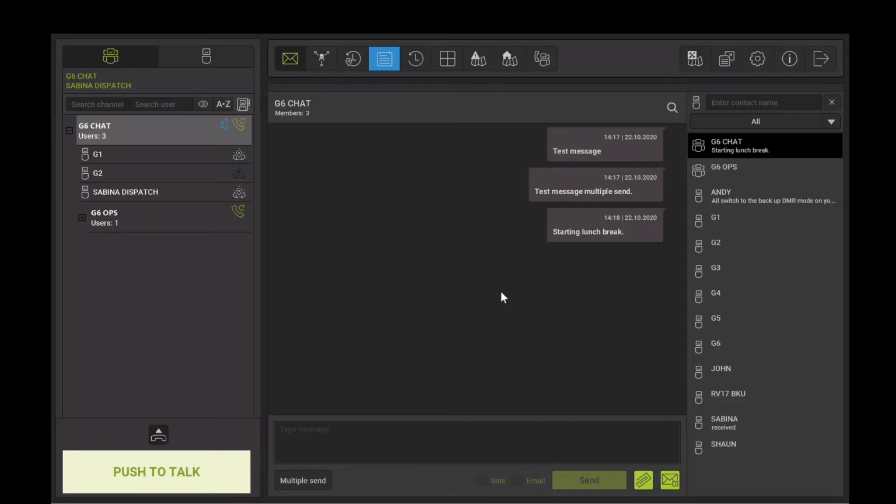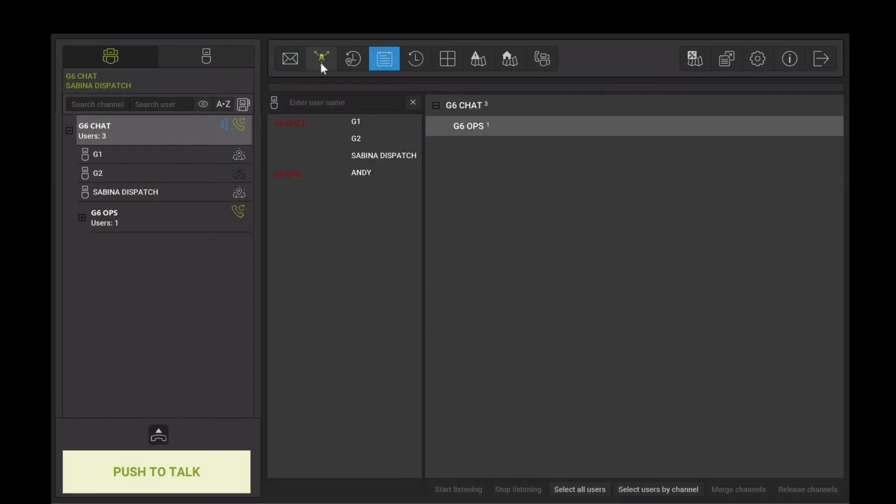Dynamic Groups plugin. This tutorial is all about dynamic groups and how to create them. The plugin for dynamic groups is located at the top next to the messaging plugin. A dynamic group is useful if you need to create an ad hoc group comprising of users from existing talk